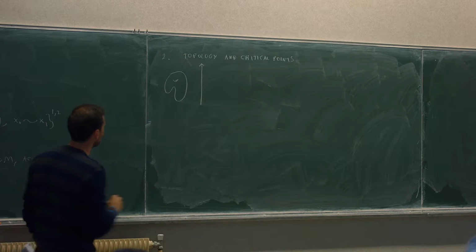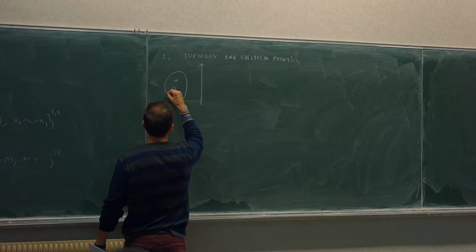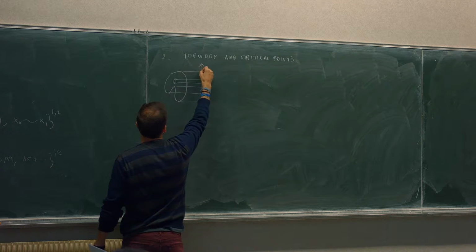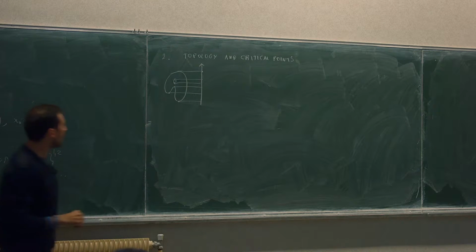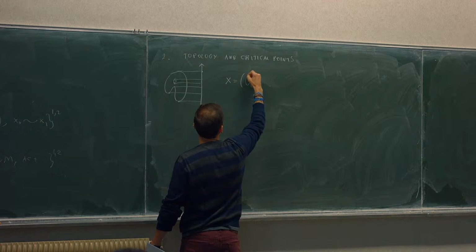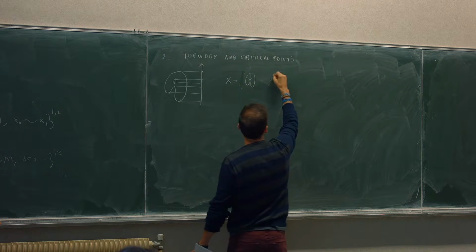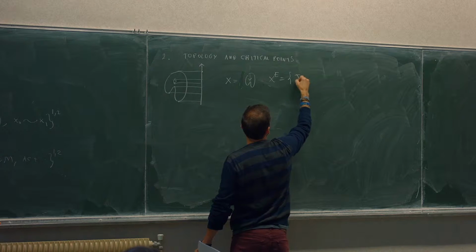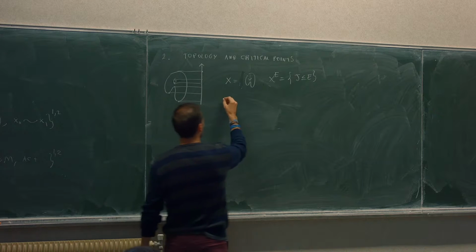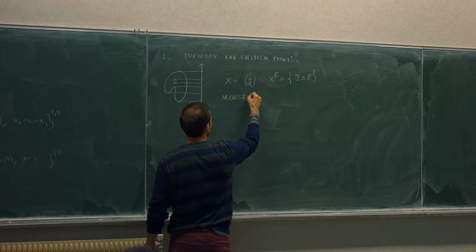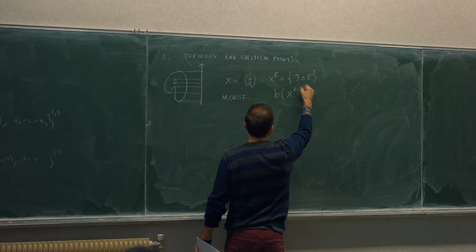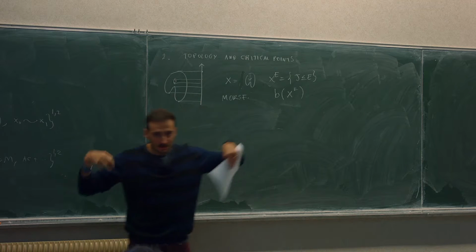So let me take this function, this height function. This function has 1, 2, 3, 4, 5, 6 critical points, okay? And so X is my space now. If I denote X_E to be where this is less or equal than E, then the classical Morse inequalities say that the total amount of topology that there is in our space, so this B means the sum of the Betti numbers,